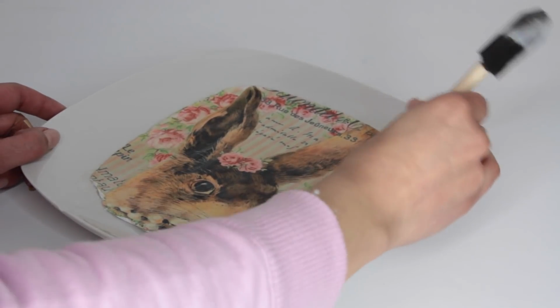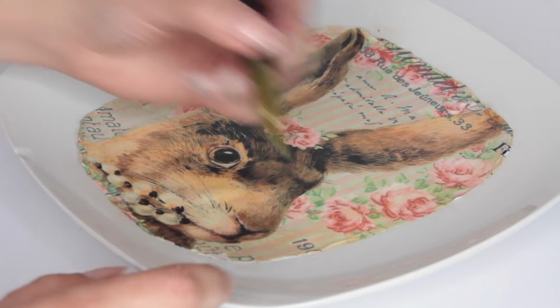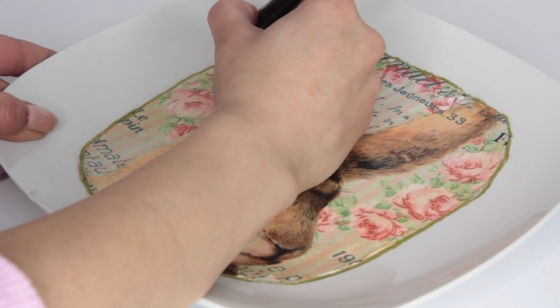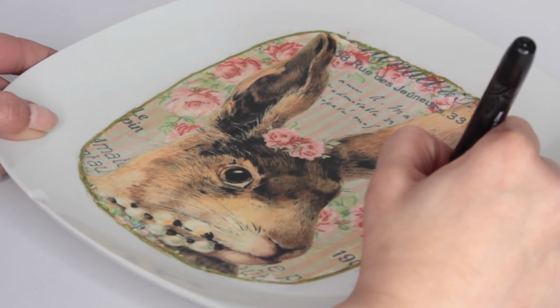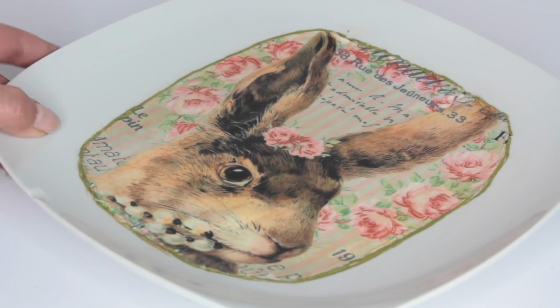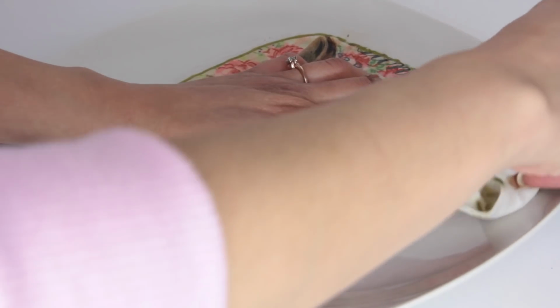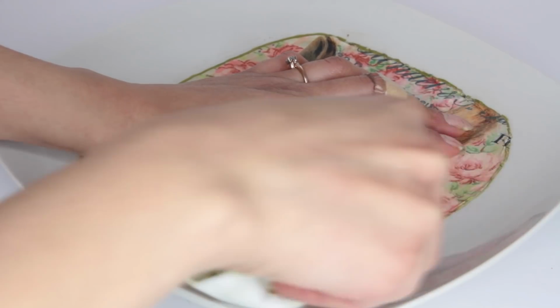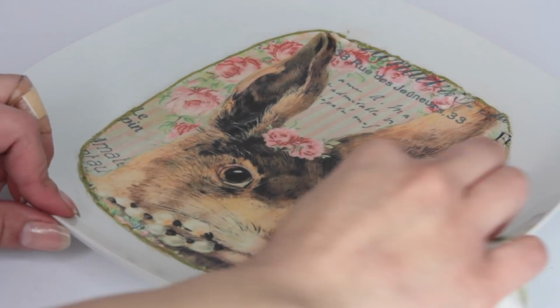Then I wanted to define the border of this, so I took a metallic marker and traced the outer edges of the image. And once I had that layer on, I took a makeup wipe. You don't have to use a makeup wipe. You can also use a wet piece of tissue or something and rub the marker off. So you get rid of that really harsh line that you just made with the marker,